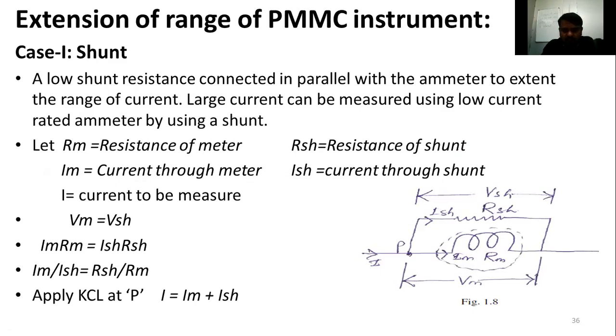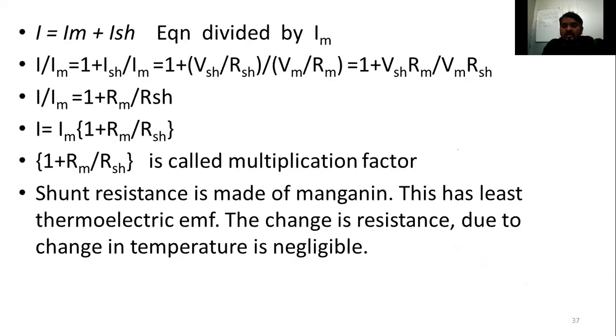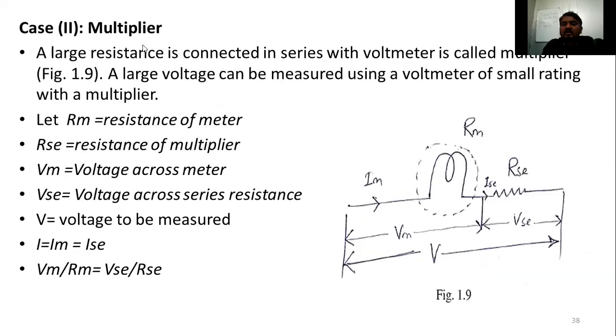Here the voltage is constant, but the current is varying. For that reason, by using a shunt, we can increase the current range here now. But to increase the voltage range, which circuit do we have to use? Series circuit. Here the shunt circuit is there. To increase the range of a voltmeter, we have to use the series circuit. That is called a multiplier. To increase the current range, shunt we have used. To increase the voltage range, we have to use the series resistor, or multiplier.